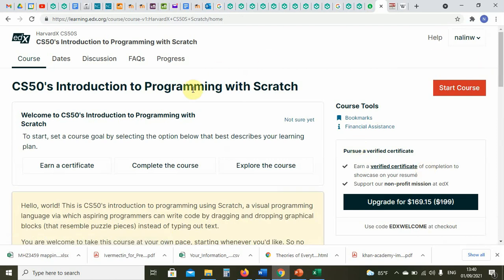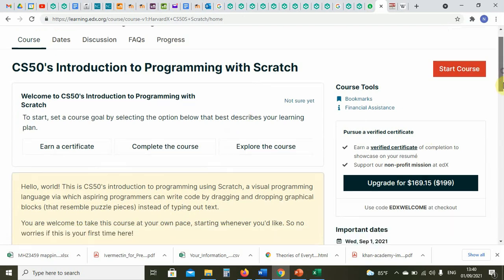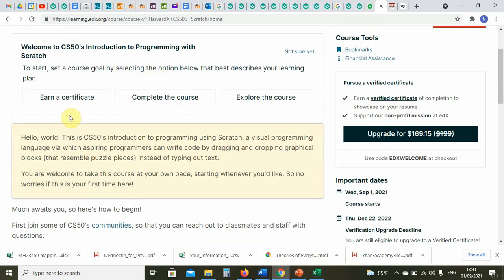And you will come to the beginning page, and they say earn a certificate. We don't want to earn the certificate, but we want to complete the course, because it's important that all of you complete this course. Now this is done by edX. We have no way of following what you're doing, unlike the Khan Academy. So it's up to you. But what is going to happen is that when we teach the subject in the BSc program, we are going to assume that you have done this course. So we'll say we want to complete the course.